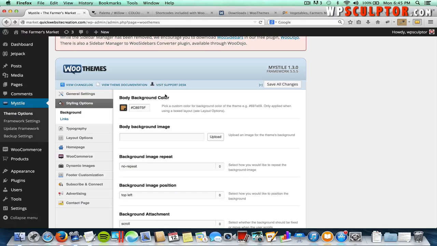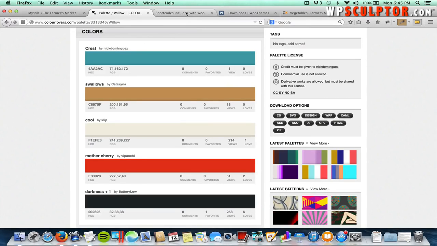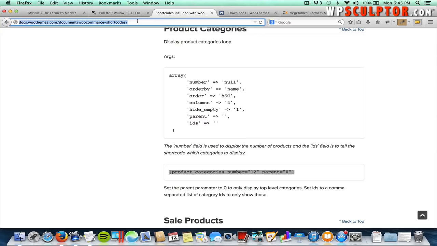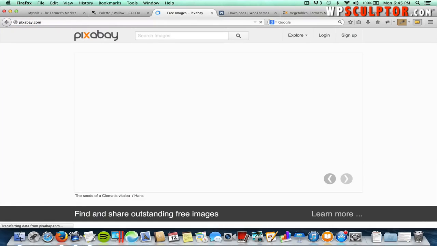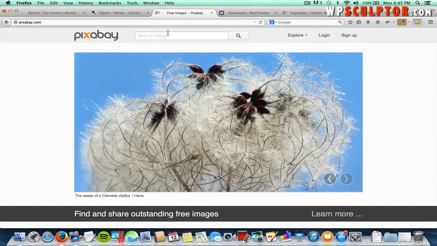Now that we have our color scheme picked, we can create our logo. So first we're going to get an icon to use for our logo. So in a new tab, I'm going to keep my palettes tab open. In a new tab, I'm going to go back to Pixabay. Pixabay has tons of wonderful icons as well that you can use for free. And I'm just going to search for farmer